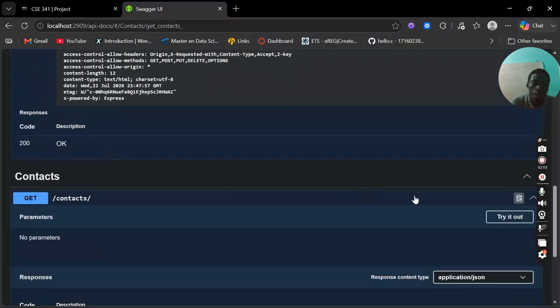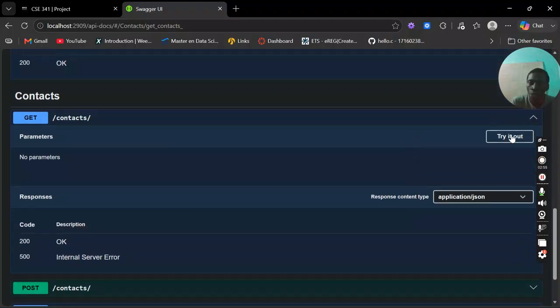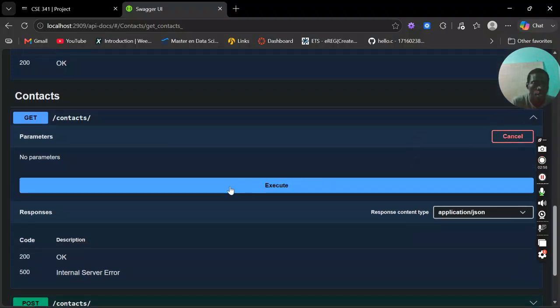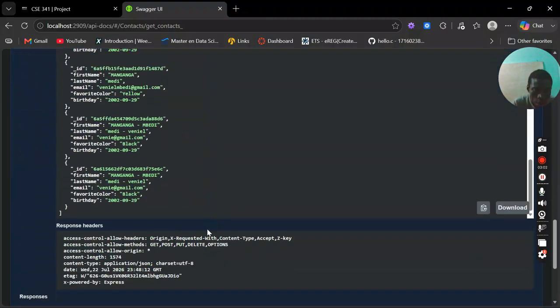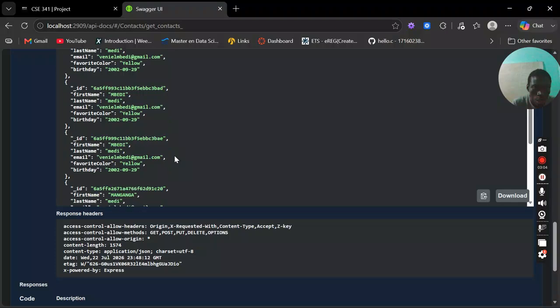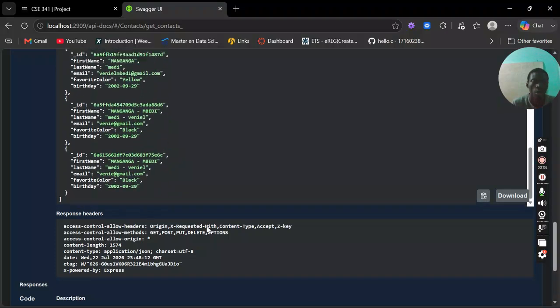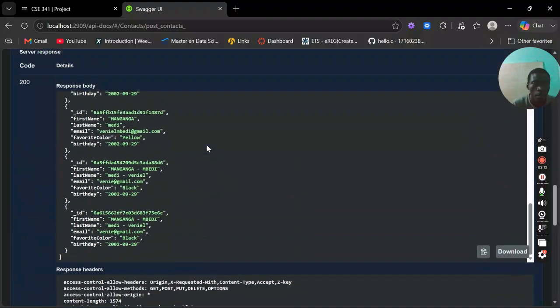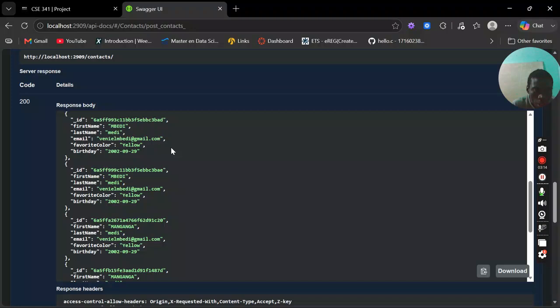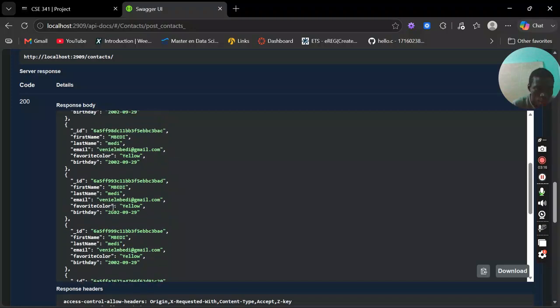If you want to retrieve all the data that we've got in the database, click there, you go, get everything here. That works perfectly. If you want to add a contact, let me copy something and just change it. Yes, we can take this one. That works. It's fine.